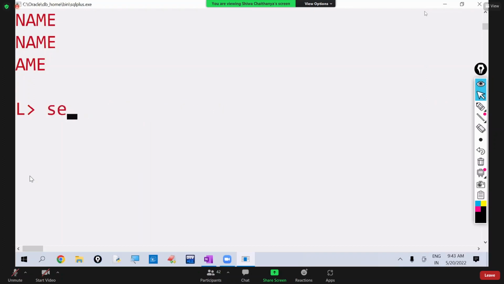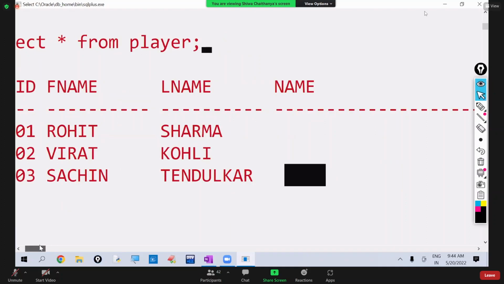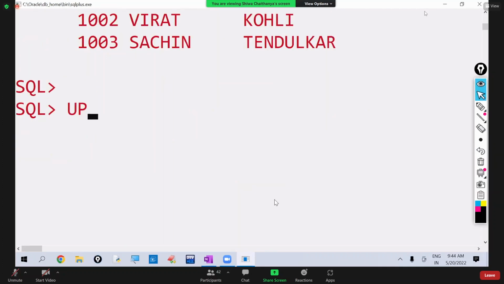Open the table. Select star from player. It is displaying the player table. Observe here. So names are null values now. So these names we want to get. So we are using the update command. Observe here. Update. In which table do we want to update? Player. Set. Which column do we want to set? Name column. Name equals to